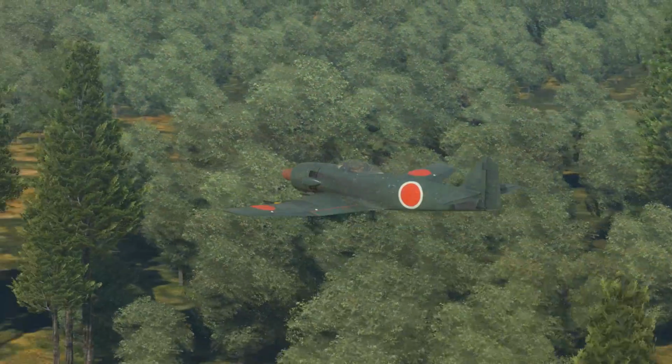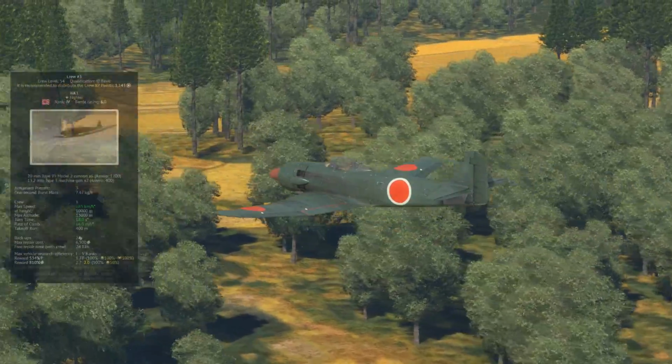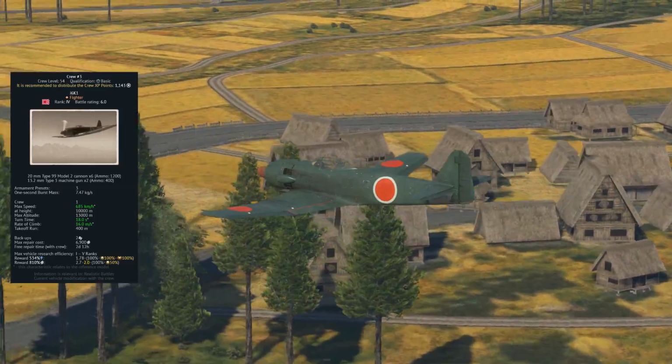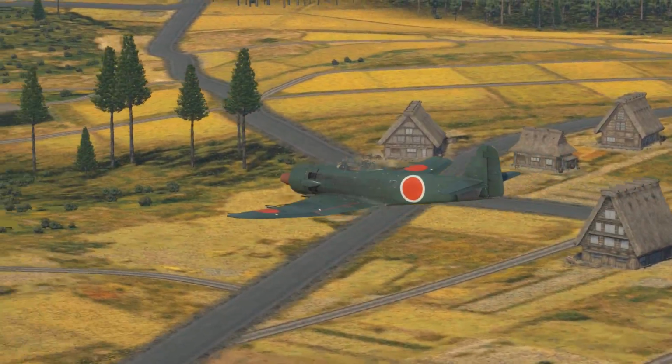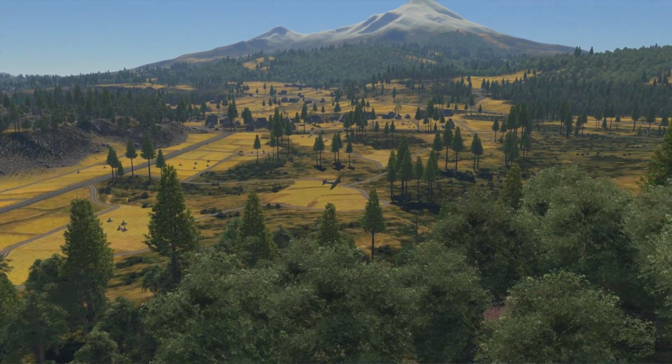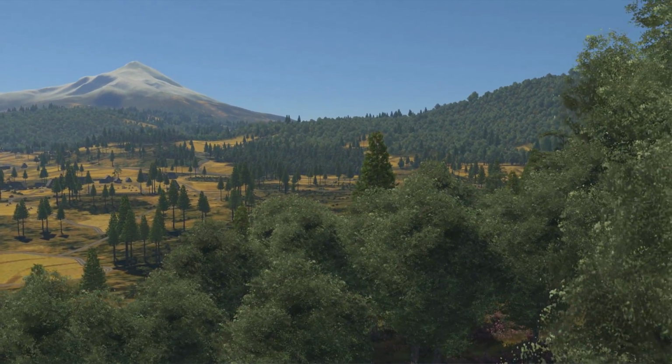J6K1 Jinpu. Starting as always with the basics, this plane is a rank 4 battle rating 6.0 fighter located in the Japanese tech tree. Being a rank 4 premium, it will be efficient at researching all Japanese aircraft between the ranks of 1 and 5, meaning you will be able to research all of the early Japanese jets with this